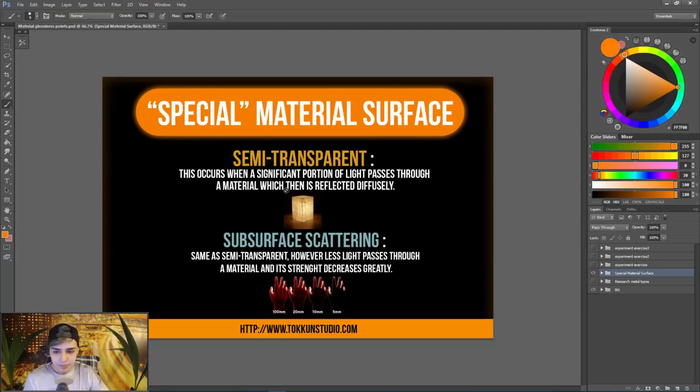Now, subsurface scattering. It says, same as semi-transparent, however, less light passes through a material and its strength decreases greatly. Now, it's very similar to semi-transparent, but there's two things that make it a little different. Number one is the thickness of the material. Usually on a subsurface scattering, it's much